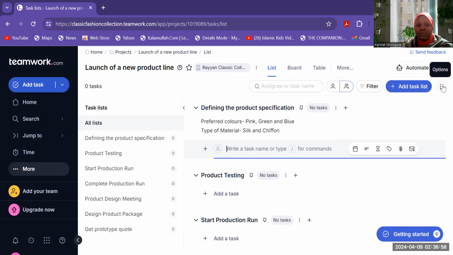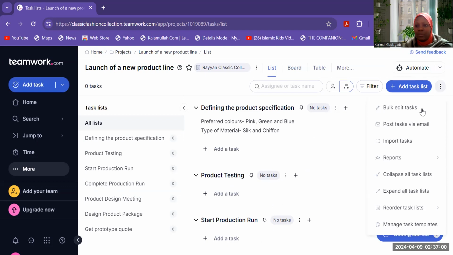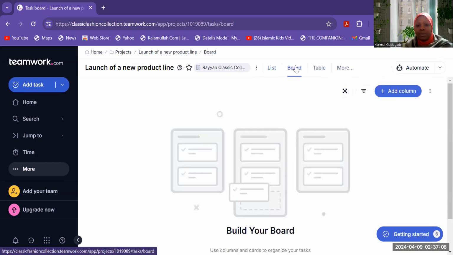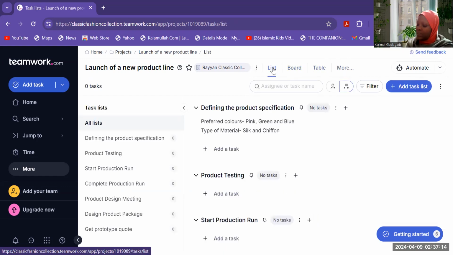So now, to add tax to our team member, get back to list. To assign tax to the team member, so we